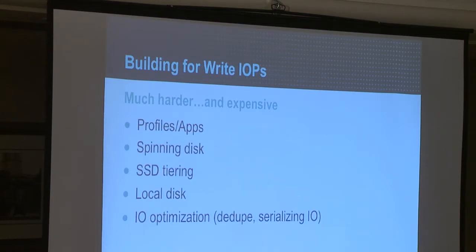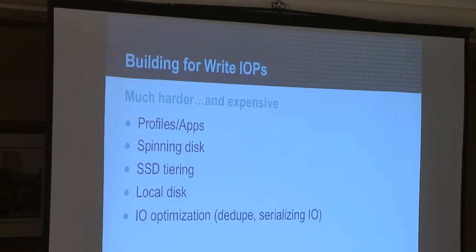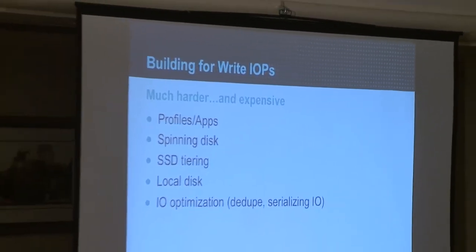Similarly with our app delivery technology. Big fan of things like ThinApp and XenApp and App-V to stream applications in. But I think it's important to recognize that we're changing the I/O profile of what our virtual desktop looks like. So if you bake, let's say, Office into your gold image, and you have a session tomorrow talking about, should I bake Office into my gold image or should I stream it in, and how to do that?